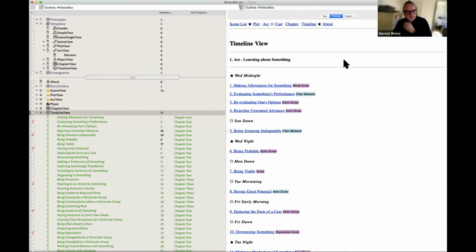Timeline view is also basically an attribute. Sometimes it's important when you outline your story that you keep track of the time slot where the scene is happening, that you have a logical order, one scene after the other, or if you have a long timeline or a short timeline, that you know, okay, this was Wednesday, then on Thursday there's the next scene.